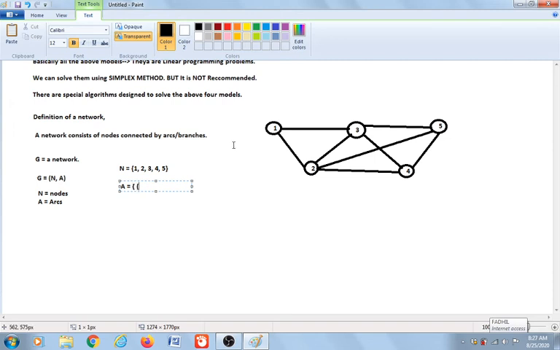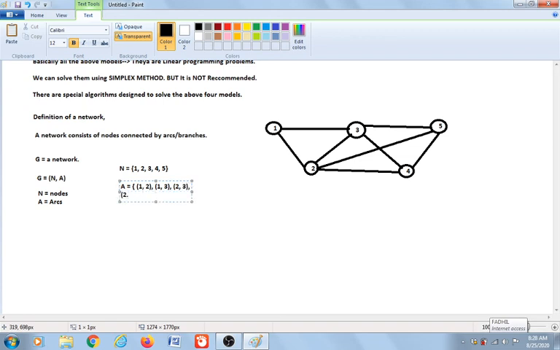It consists of the first arc connecting node 1 and node 2. So it is (1, 2), which means the arc that connects node number 1 and node number 2. And we have (1, 3), which is the arc connecting node number 1 and number 3. And then (2, 3),